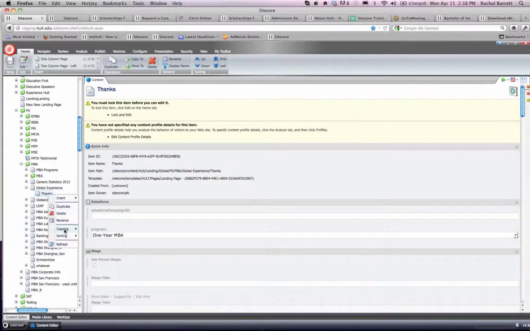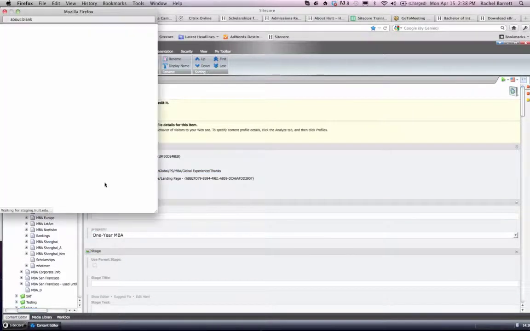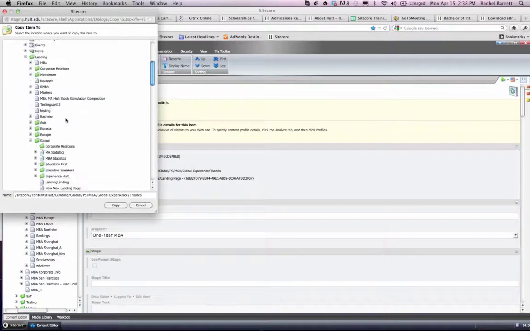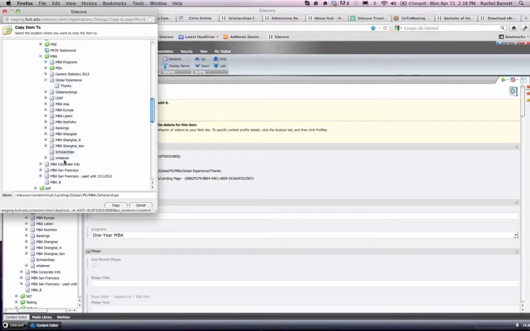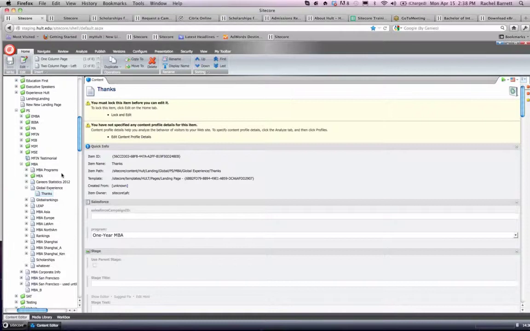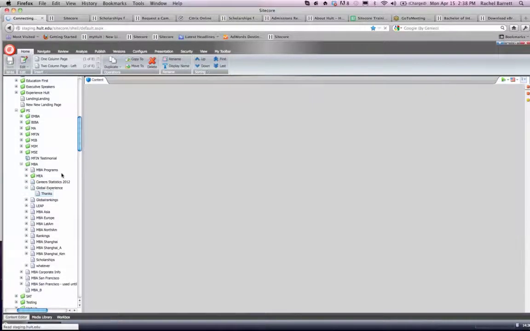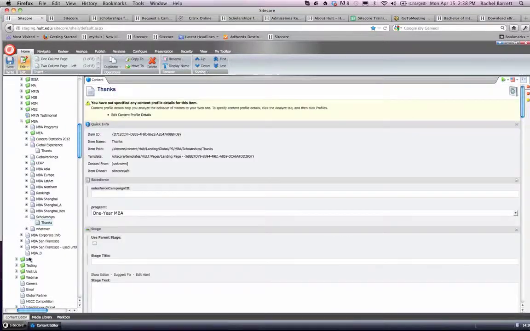And I'm going to copy it to the end of, so I'm going to stick it here underneath scholarships, which is the page that I'm working on at the moment. So now you'll see that to the left of my scholarship, I've got a drop down similar to how I have for all of the rest of the pages, because there's now a thanks page underneath that. So if I go back to my form,